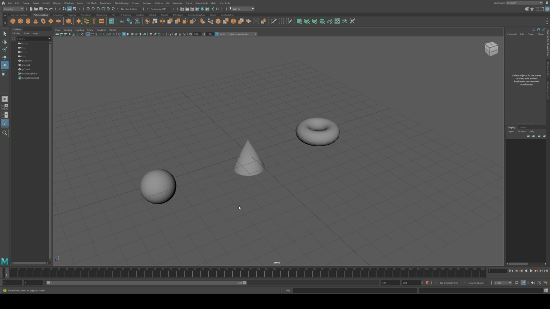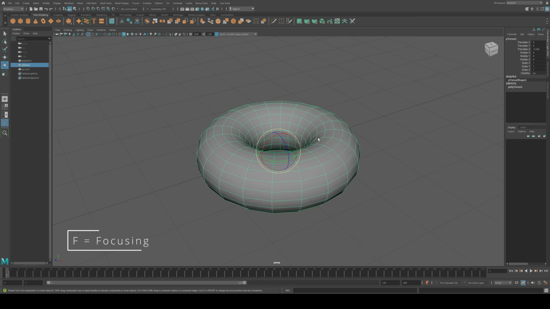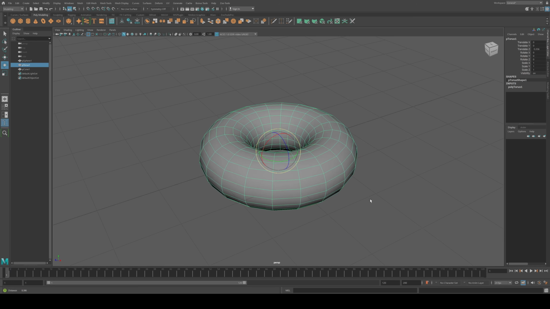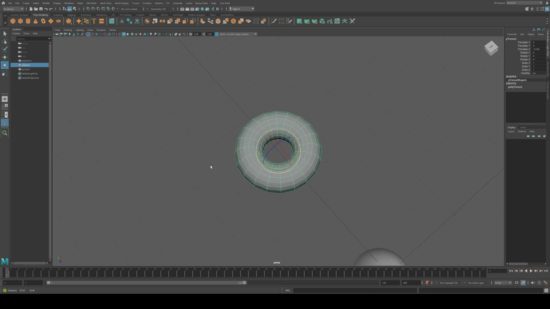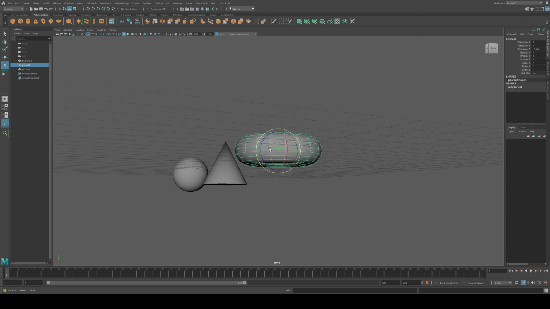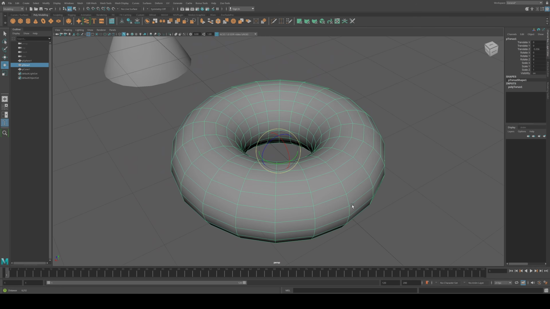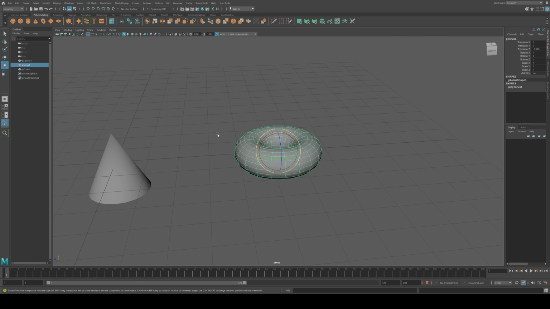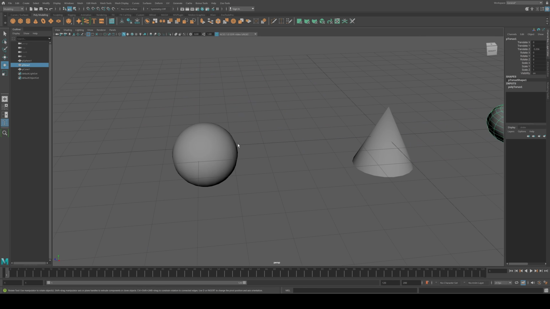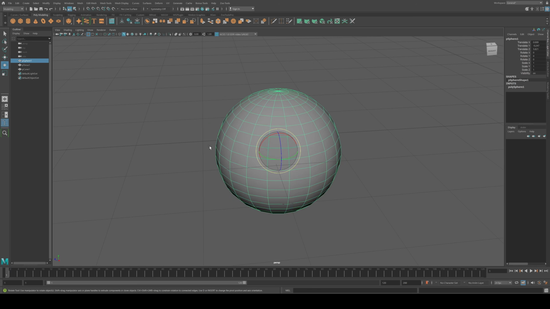But what if you have a specific object you want to focus on? Easy peasy. Just click on the object and hit F on your keyboard. Like magic, the viewport will center on that very specific object, making it easier for you to work on. And again, I'm zooming out, I'm rotating around to see all things I might be interested in. I'm panning to another object, I'm clicking on it, I'm focusing, I'm rotating.